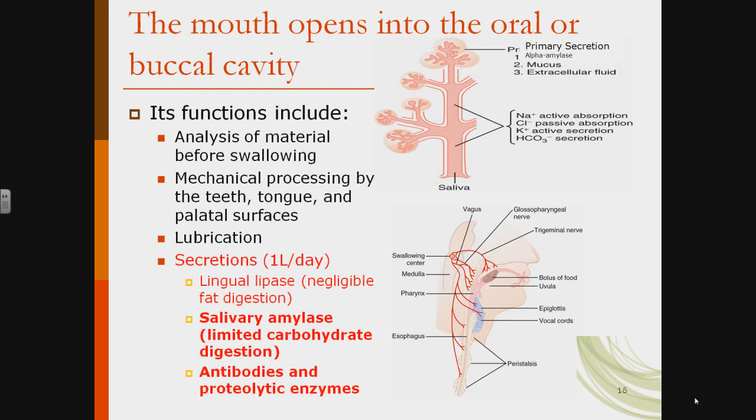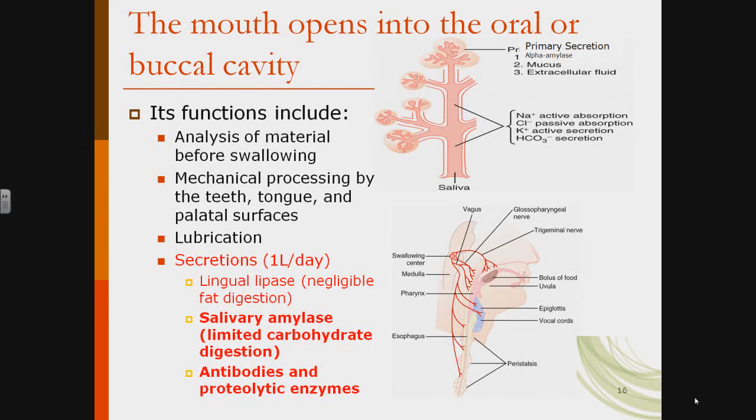Let's officially begin our trip through the alimentary canal through the oral cavity or buccal cavity. What are the functions of the oral cavity? First, you definitely assess what you put in your mouth before swallowing. If it doesn't agree with the sensory cells in your mouth, the taste buds, you're not going to swallow. You're probably going to discreetly spit the material out into your napkin, or in the case of young children, they will actually spit it out into their hand and present it back to their parents.